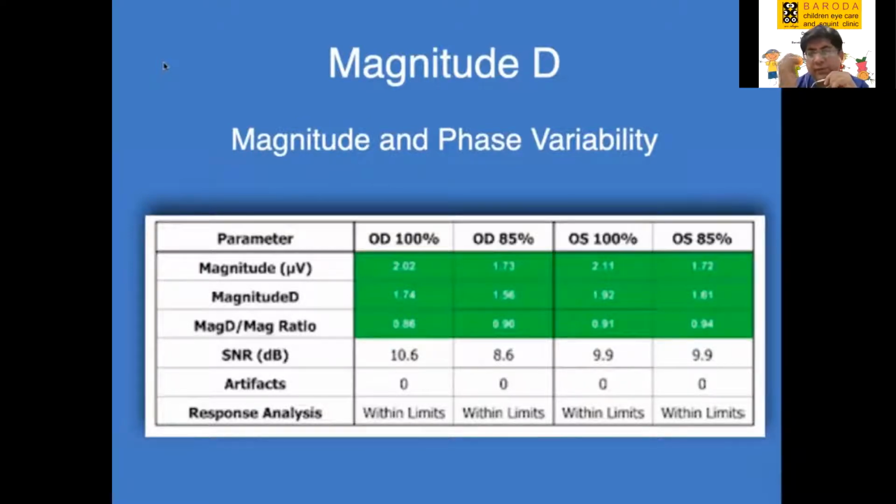I think they can even give a standard deviation by giving a magnitude and then plotting, because in the company brochure, they're not writing how they calculate magnitude D. They just say that it depends on the phase variability and magnitude. Right. Then they can calculate the standard deviation and give the confidence limits also.